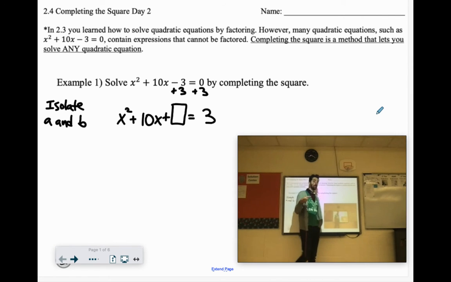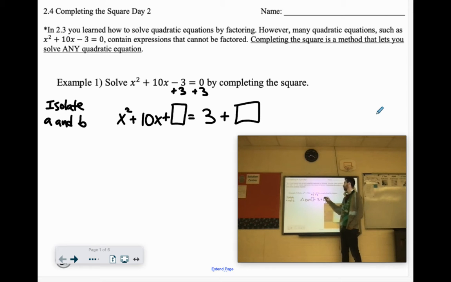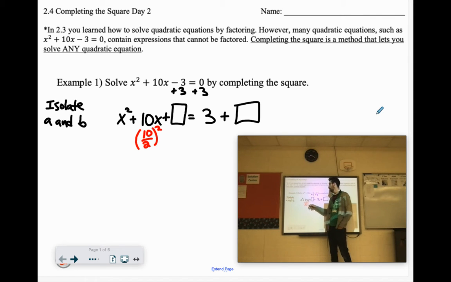But when you are doing equations, you know that you have to keep it balanced. So if I'm going to add something to the left side of the equation, I have to add it also to the right side of the equation. So remember yesterday how we found that c to turn it into a perfect square trinomial. You take b, which in this case is 10, you divide it by 2, and then you square it. So 10 divided by 2 is 5, and then 5 squared is 25. So we're going to add 25 to the left and 25 to the